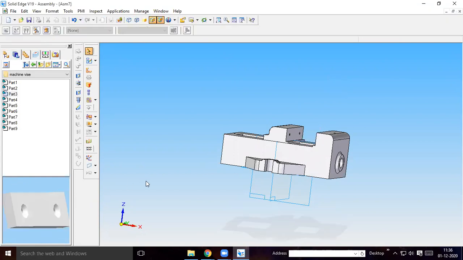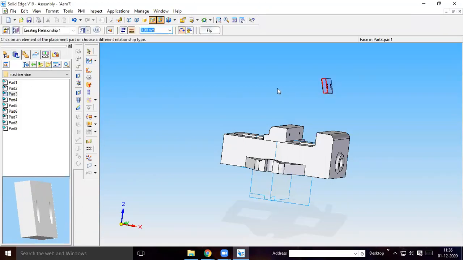So rotate like this. This screw holder, the countersink hole, has to come on the right side. If you rotate like this and then place it like this, it will be easy. Axial alignment of this hole with this, and one more axial alignment of this hole with this.